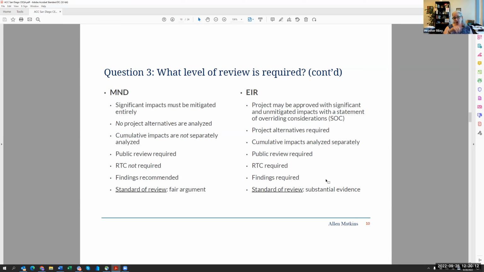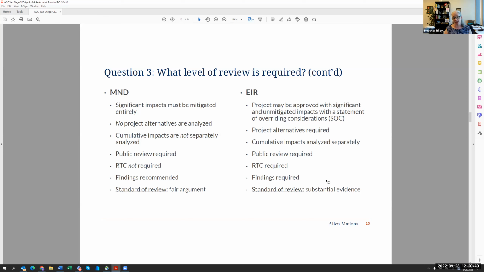The major difference, and you can see the differences between an MND and an EIR, the major differences between the two are the first and last bullets. Under an EIR, you can still have significant unmitigated impacts on the environment. You're going to have to do a second step in your approval. The agency is going to have to approve a statement of overriding considerations, which is essentially a balancing document. We recognize these impacts will remain significant and unmitigated, but we also recognize we're going to get benefits, tax dollars, new homes, growth where we want it. Different things like that are often what you see in an SOC.